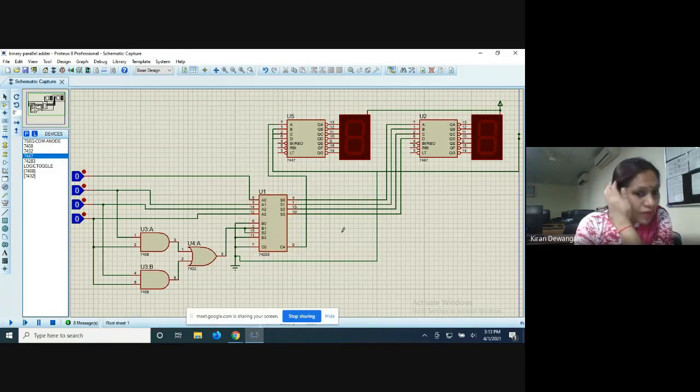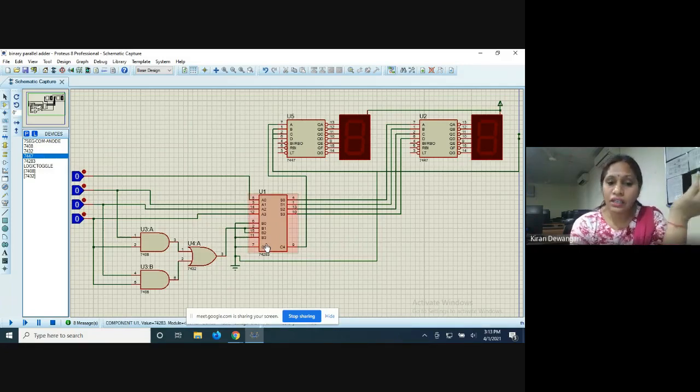Now we have four outputs, S0, S1, S2 and S3. So if we just give 0 0 0 0, all the four summation outputs will be 0 0 0 0. Because here the second set of 4-bit input is not enabled till now, and we can give it only when the sum is more than 9. In that case this one is required.